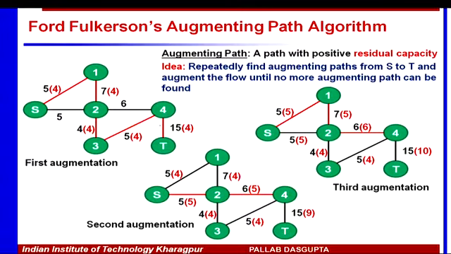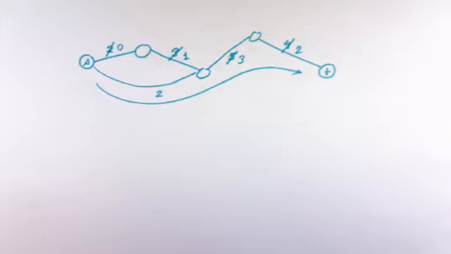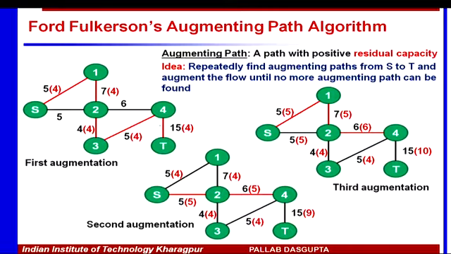and you can show that this algorithm will always terminate. Why will it always terminate? That is very easy to show actually. Yes, because in every iteration the residual capacities are monotonically decreasing and your flow value is monotonically increasing, right? And therefore you cannot have infinite flow, because we know by the min cut theorem that it can never exceed the size of the min cut, right? So it will eventually terminate.